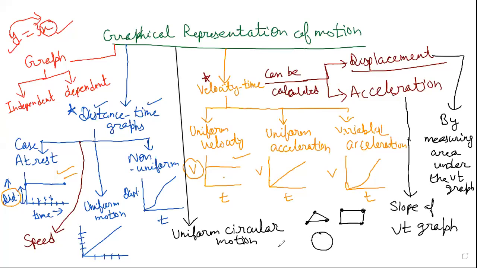Even if the body is moving with uniform speed, now the direction is changing. Listen to me carefully. Body is moving with uniform speed. That is, uniform motion means uniform speed, but it changes its direction. So speed with direction, what does it become? Velocity. And change in velocity means acceleration. So this motion is always accelerated motion. Right? This is called accelerated motion.